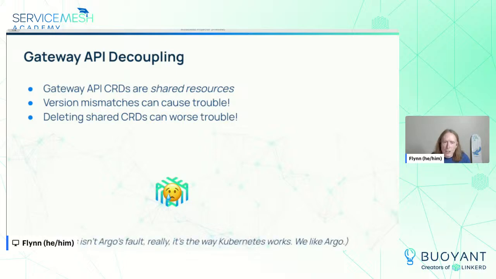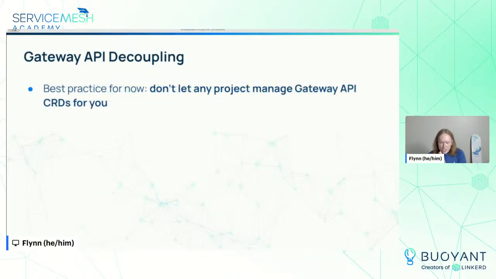And again, just to be clear, even though my name is covering this up, this behavior is not Argo's fault. This is the way Kubernetes works when you're dealing with CRDs. So not Argo's fault. Argo's great. We like Argo. Excellent. So the best practice for now, if you are using Gateway API,